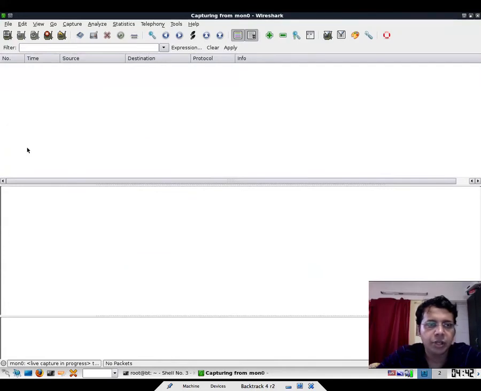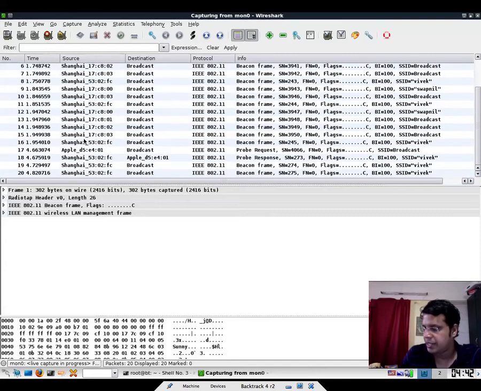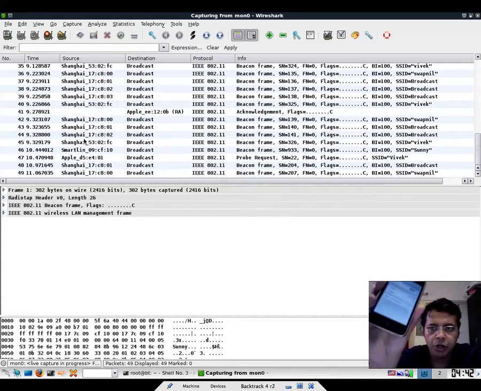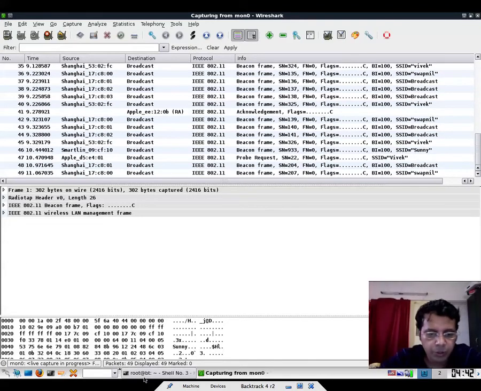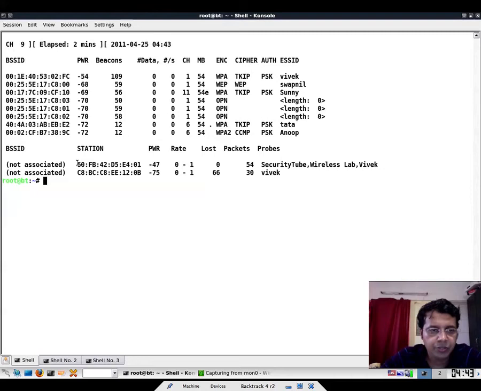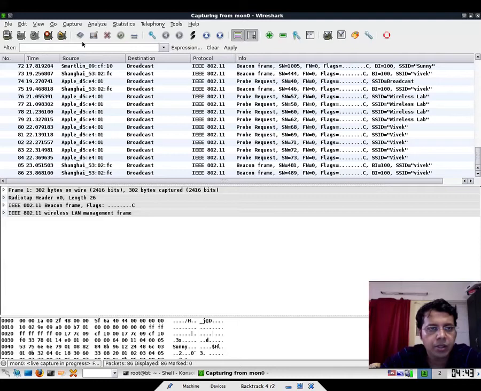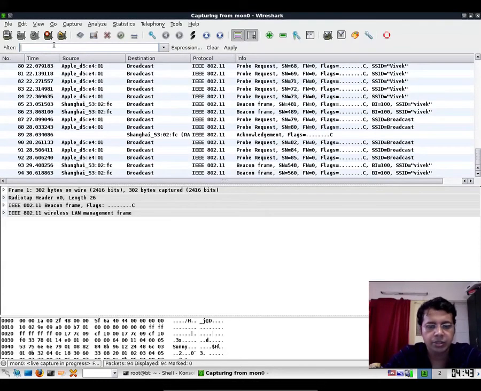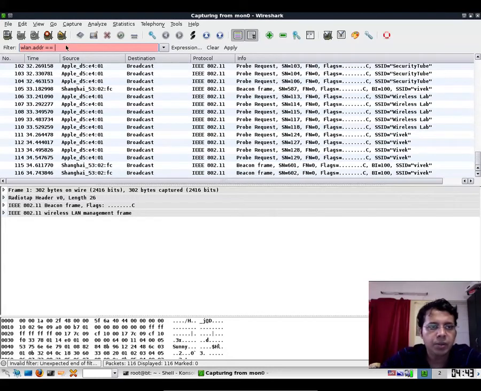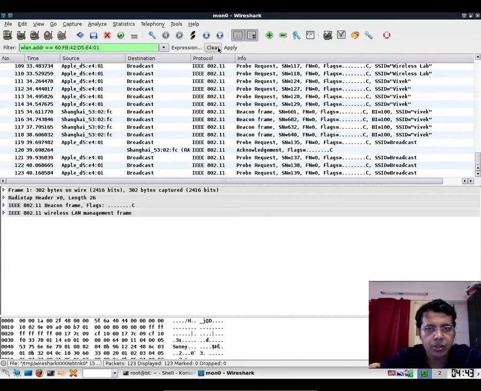So I've started sniffing on wlan0 and I'm starting to see some packets here. Now what we are really interested in is basically this roaming client, and I'm very sure a lot of packets have already gone through. So let's go back here and take the MAC address of the client. This is my iPhone MAC address, and let me stop the sniffing and add a quick filter for wlan.addr equals the MAC address of my client. Let me apply the filter,